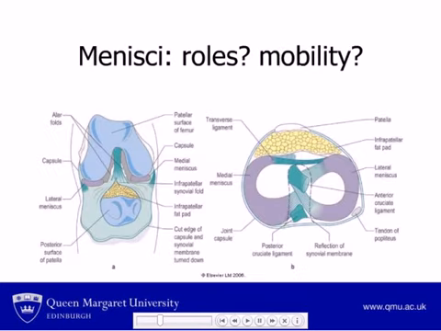Slide 13. The menisci are intra-articular, C-shaped fibrocartilaginous discs. They have five roles associated with them. These are: they increase the congruence between the tibia and the femur. They improve shock absorption. They aid lubrication of the knee joint. They assist in generating the rotation mechanism of the knee, more about that later, and they participate in weight bearing